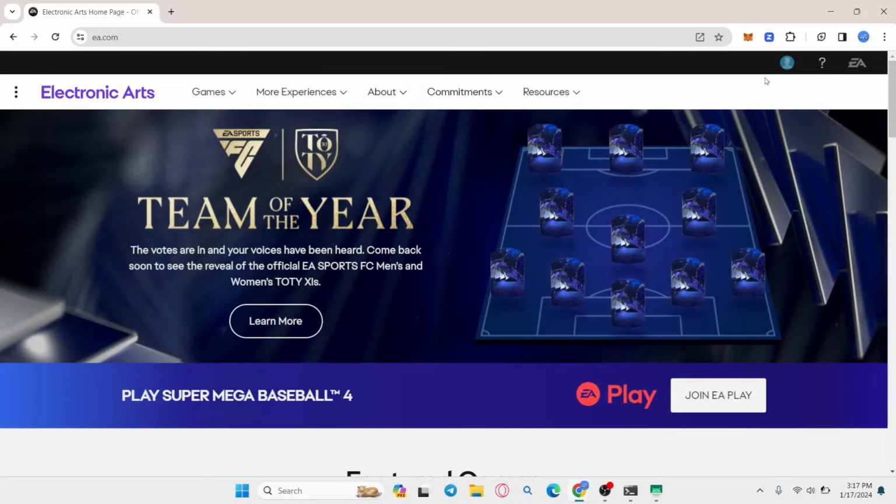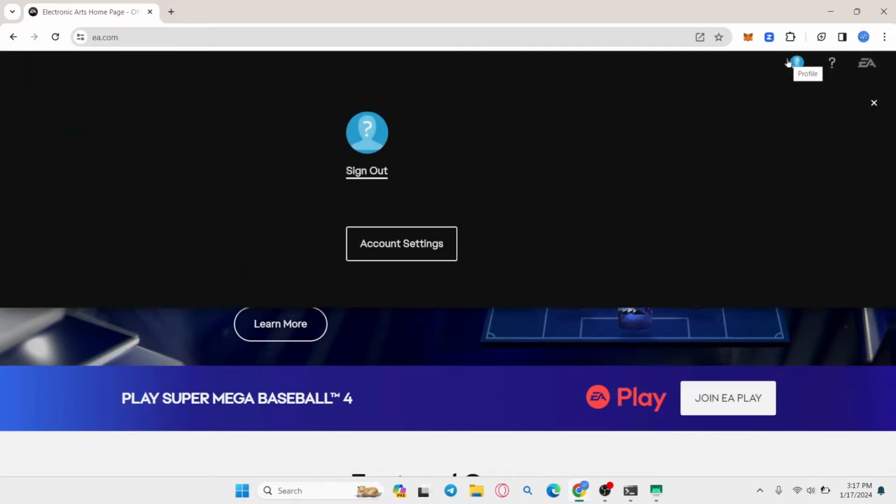Now from this page, if you haven't logged in already, click on the account icon at the top right corner and you will see the sign in button. Tap on this and proceed with your credentials. And after signing into your account, when you click on this button once again, you will see account settings. Go ahead and click on account settings